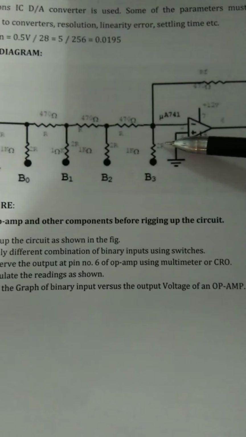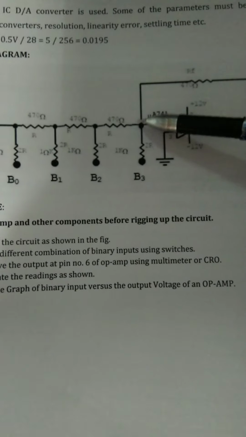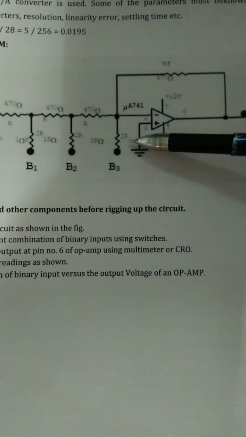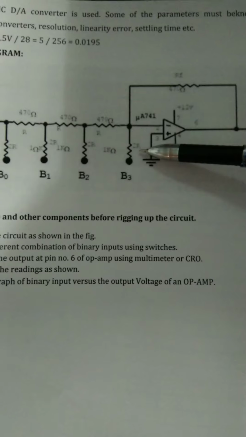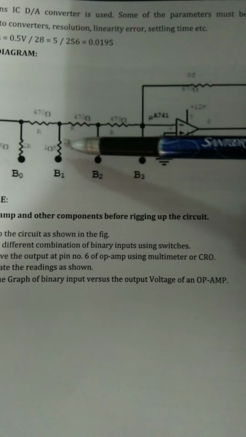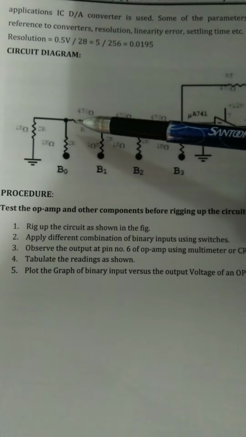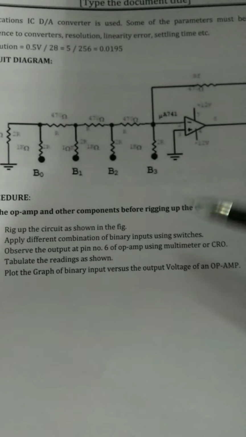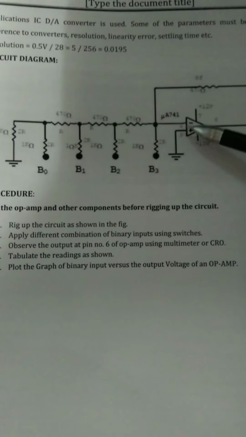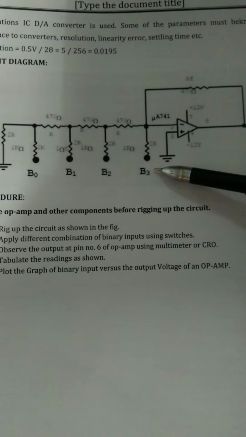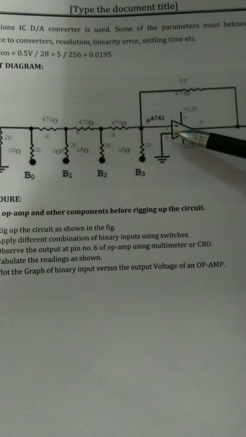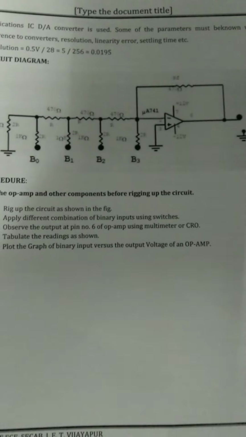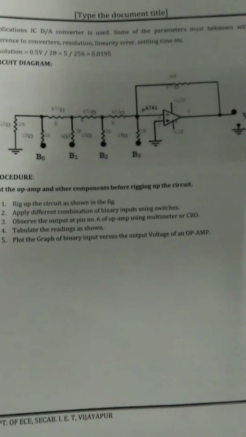If I am taking the R value over here, then I have to take 2R. So if I take 470 ohms, I have to take exactly double of that, and the nearest value is 1K. So I am using the 2R value as 1K. 1K here, 1K, 1K and 1K. At last one more resistor, that is 470 ohms, I have to connect directly to ground. Fine. The nearest input terminal to the op-amp is B3, then B2, B1 and B0. So this is the circuit diagram of the op-amp DAC.